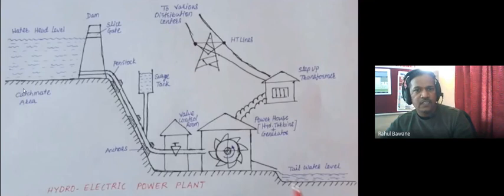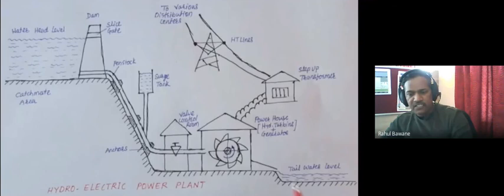Second advantage, this kind of plant has the highest lifespan. Nuclear power plants, thermal power plants, wind power, and solar power have a limited lifespan, up to 20 or 30 years. But a hydroelectric power plant has a minimum of 50 years. After 50 years, there will be an audit, and its working will be extended up to 100 years. So it is the highest lifespan power plant.